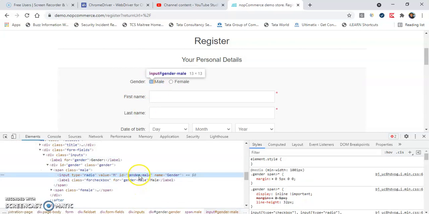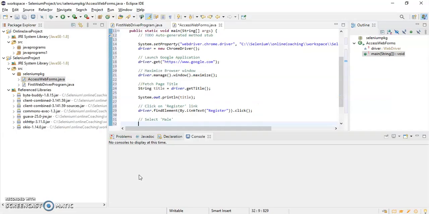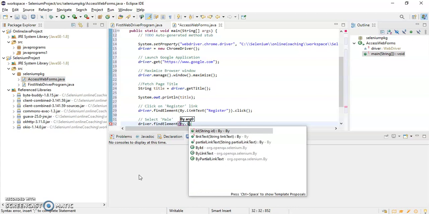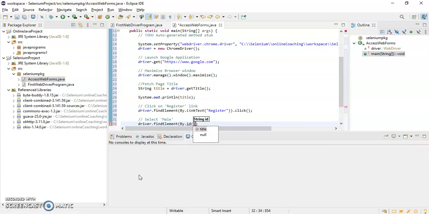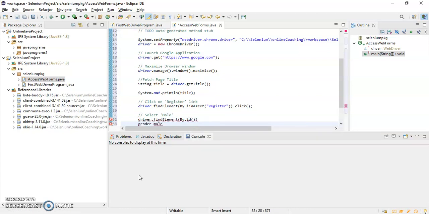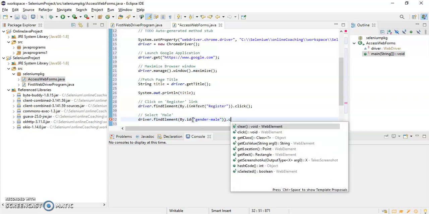It has an ID, so I can take this ID and write driver.findElement(By.id), and I can give the ID here. And I'll give a dot click.